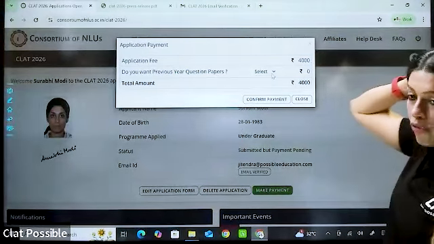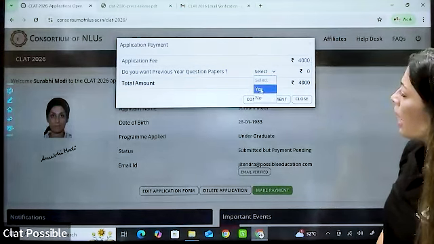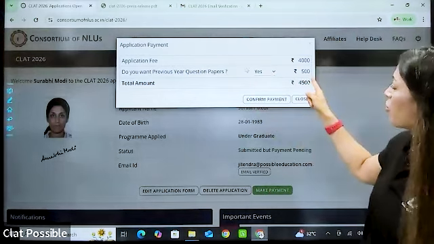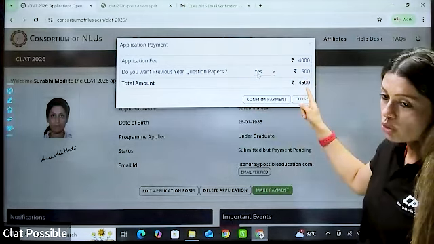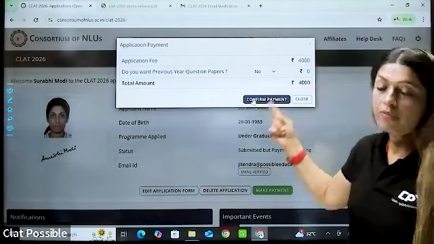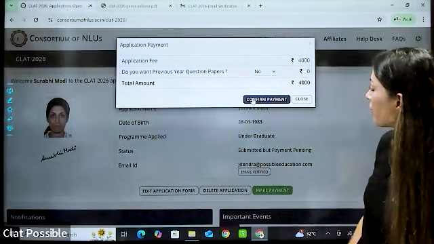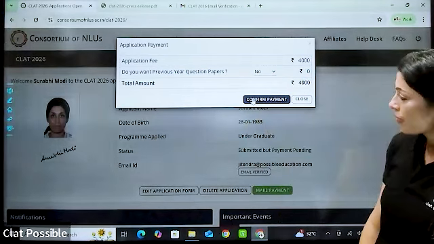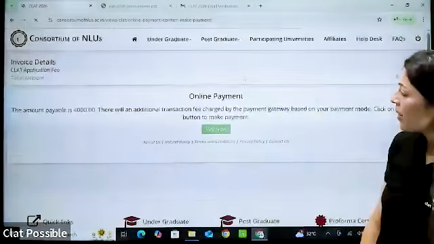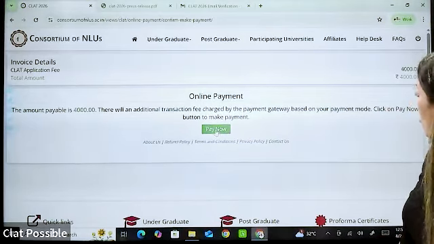The payment has to be for 4,000 rupees application fee because we are general category students. And do you want the previous year question papers? If you want, yes, you have to pay extra 500 for that, and your total payment is 4,500. But since you already have it, you can skip it. We have got all the previous year papers on our website. Once you confirm payment, it will take you to a payment gateway, and you click on pay now,